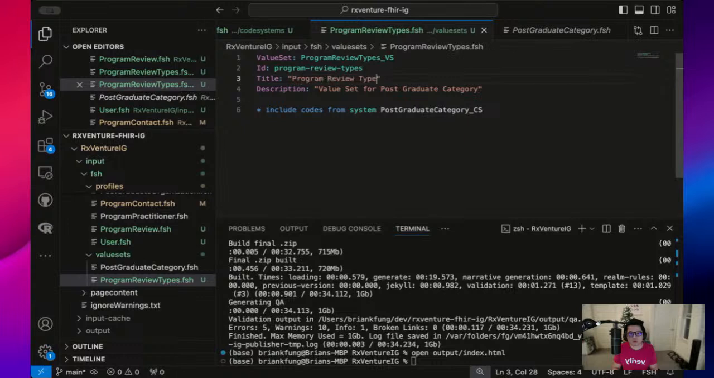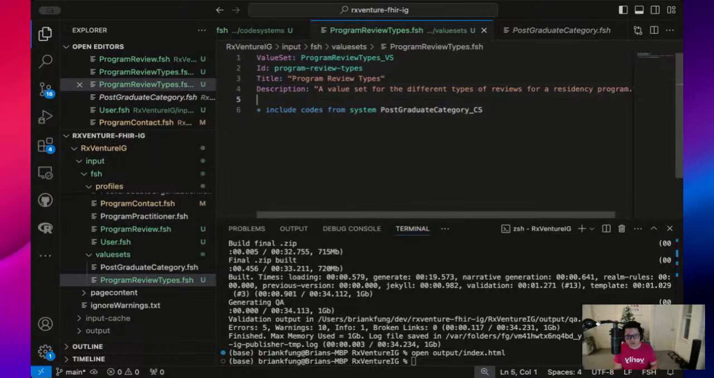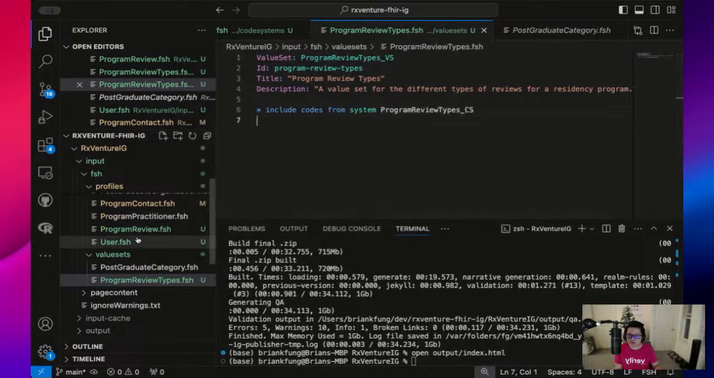Program review types. Hopefully this doesn't look too repetitive or boring. Okay, so this is going to be a value set for the different types of reviews for a program. All right, this here will be program review types. Okay, and so we have a value set, and here